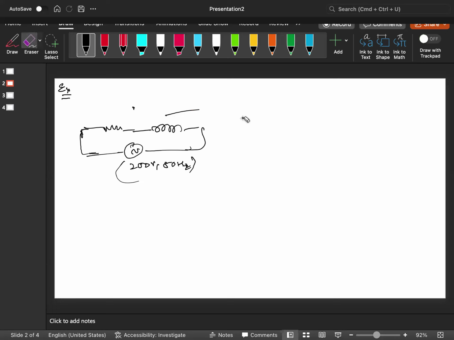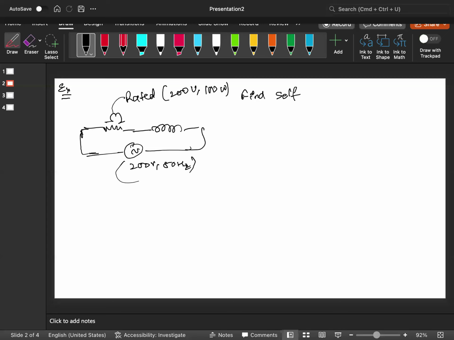Okay, look. Here, this is a bulb rated at 200 volt as 100 watt. This is the given data. What you have to find out: